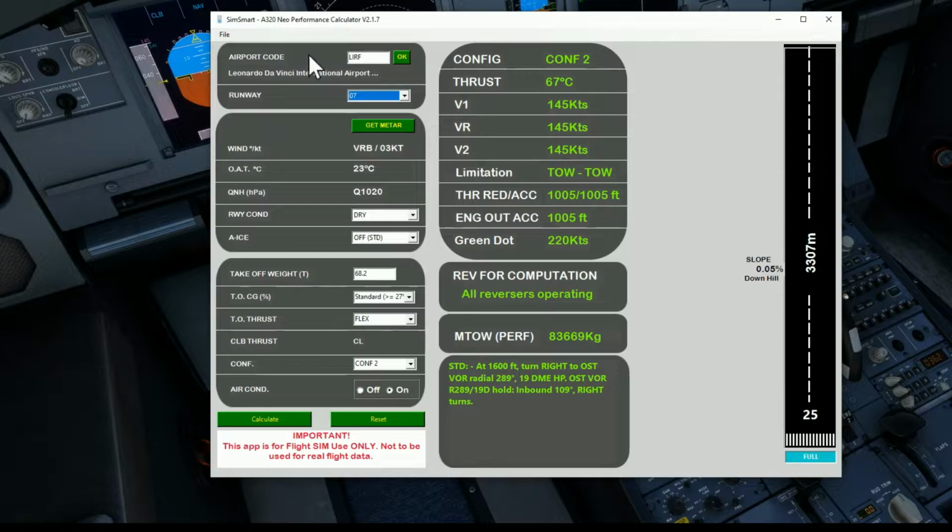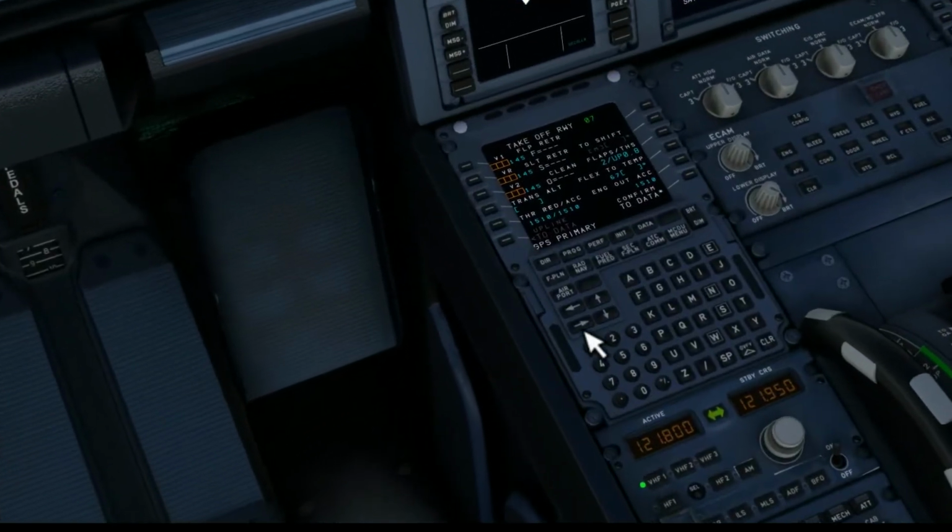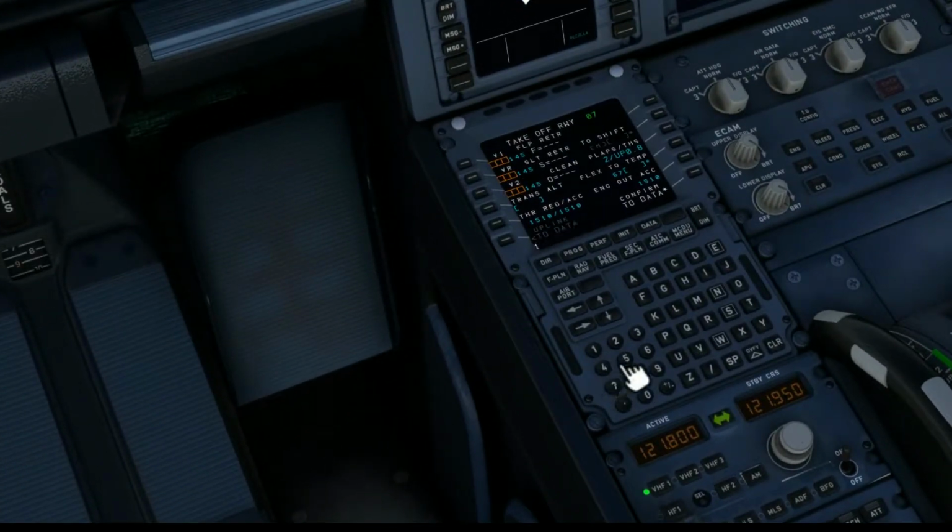SimSmart 2 is a very simple piece of software that allows you to calculate your takeoff performance in the Airbus A320. You simply tell the piece of software your departure airport, the departure runway. It will then provide the weather information, and it's your turn to import the configuration of the aircraft. And what pops out is all of the information that you will require to input into the performance page of